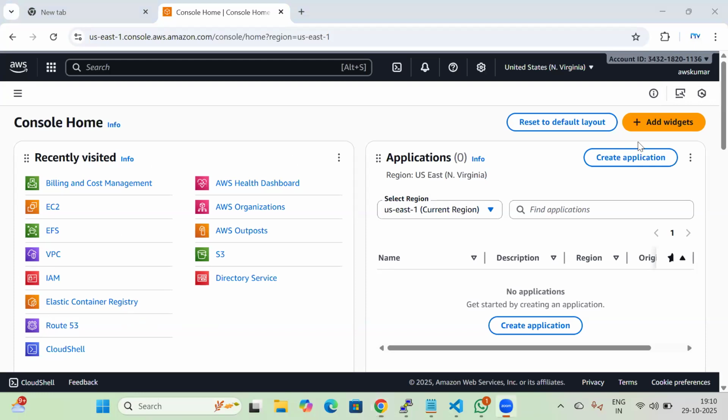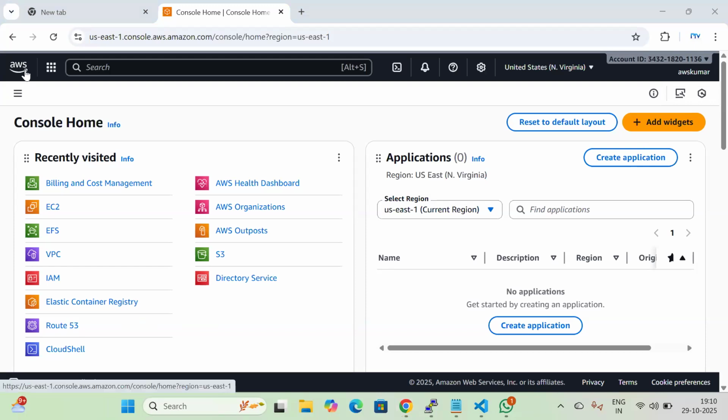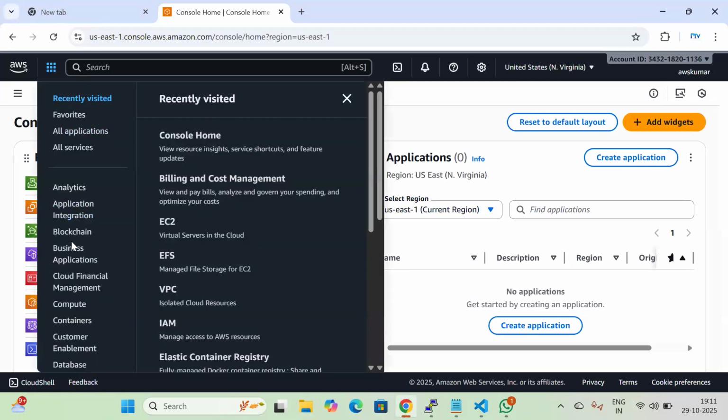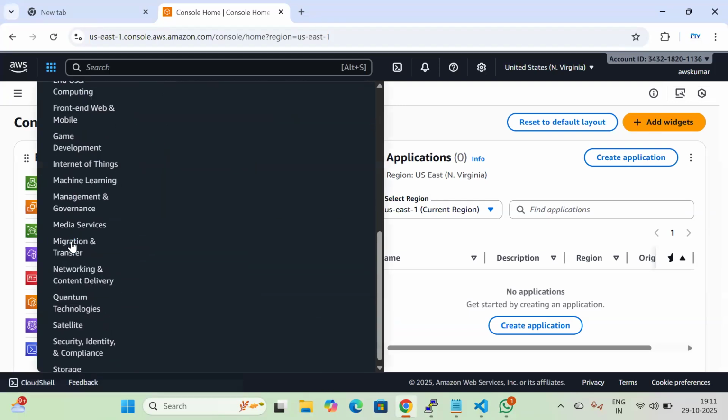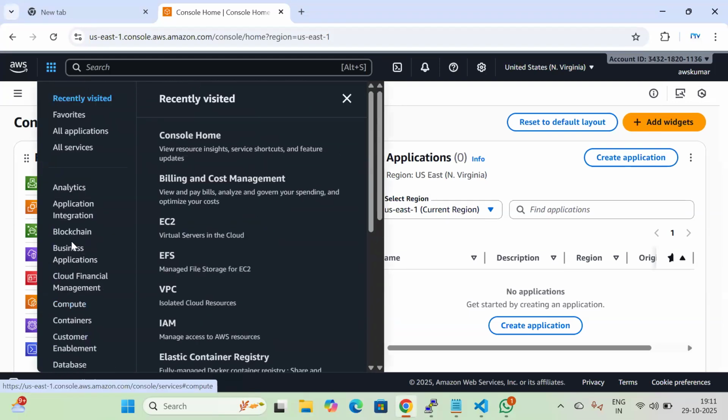In AWS, the major things are, so this is the home button, and this is the grid icon that you are seeing on your AWS account. When you click on this, you can see multiple services that are provided by AWS. These are all the services that are provided by AWS. Among them, 270 plus services are provided by AWS. So here we are going to discuss